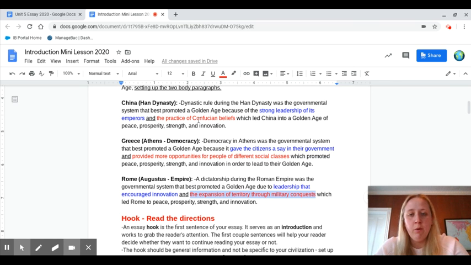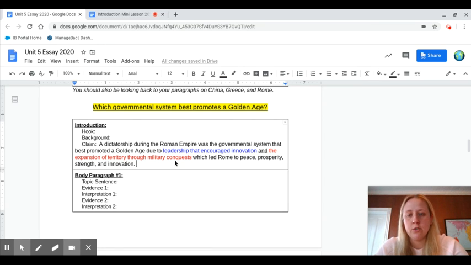So again, whichever one you're picking, make sure you copy and paste that to your introduction over here. So really all you have to finish up now is your hook and your background, right? So you can use the introduction mini lesson for some ideas, right? For further directions, look at those models again, think about how you want to set it up. Remember, your hook should not be too specific to your civilization. Your background is where you set up: